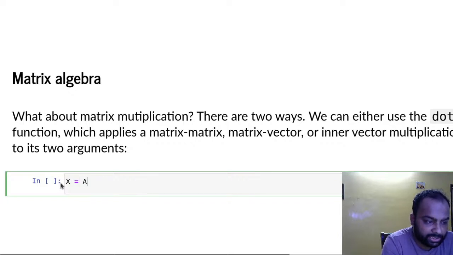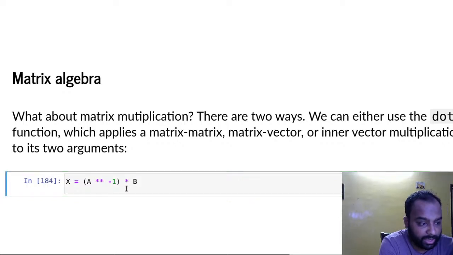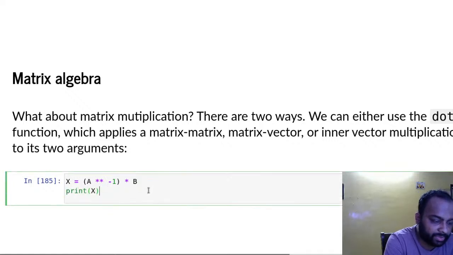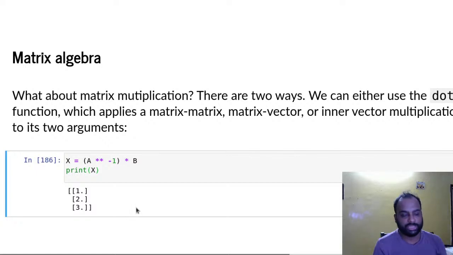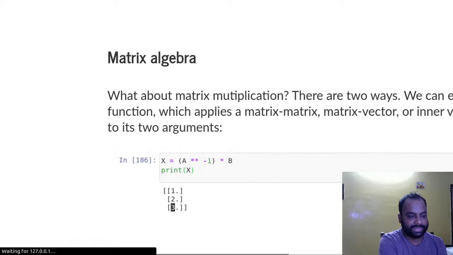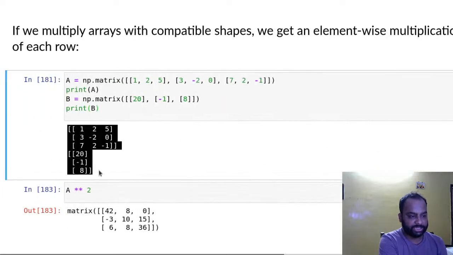So how do you write an inverse? Since A is a matrix, you can raise it to a power of -1, and that will result in an inverse of the matrix. So that's A inverse, right? And you can multiply that with B. That will be a matrix multiplication. If I do this computation and print x after this, that's the solution. I came up with the values so that x has a value of 1, y has a value of 2, and z has a value of 3. So I just solved a set of linear equations where this is matrix A and this is matrix B,